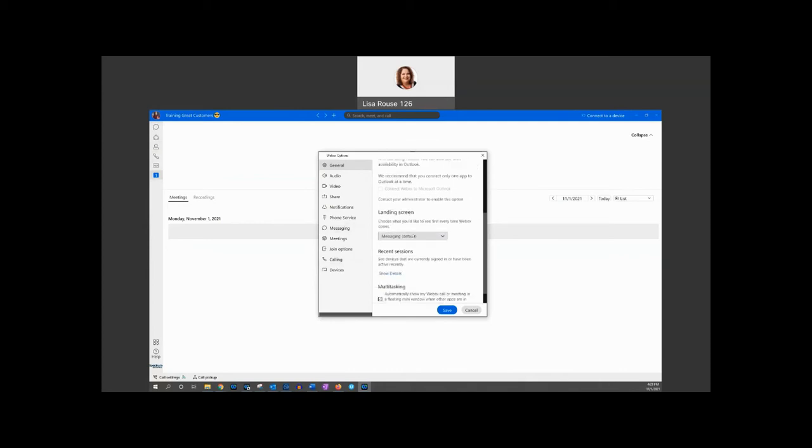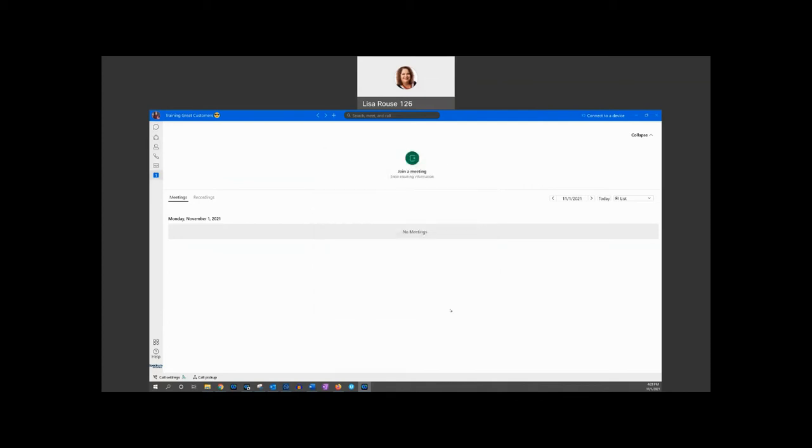You can also decide what your landing screen is, meaning what screen will you see when you open Webex each day. For example, we have it on messaging, but you can put it on contacts, calling, or even meetings. So if I were to change it to calling and hit save, the next time that I log in, it's going to show it as my calls. If I go back to settings,